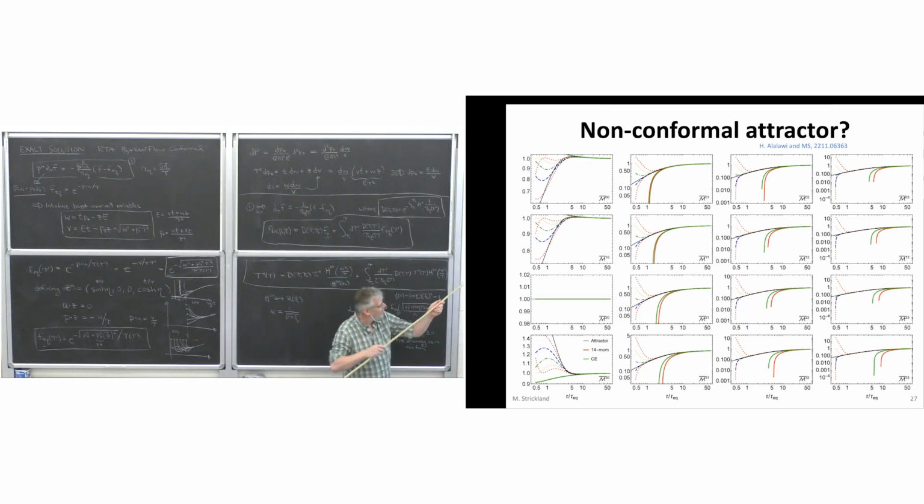Now, there were some exceptions in these moments that are sitting down here. Those are the ones that are most sensitive to the free streaming part of the distribution function. As you can see, there doesn't appear to be convergence at very early times here. There's a little bit of spread, but there is a late time attractor. You can see that they somehow do eventually collapse onto a line, but there doesn't appear to be an early